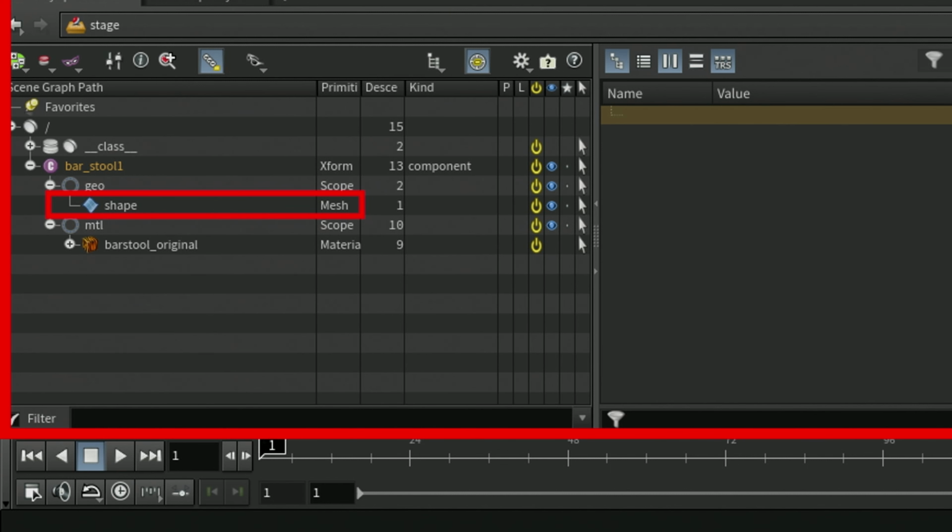Underneath the geometry primitive is the shape primitive. This is where the geometric information of the stool is stored.